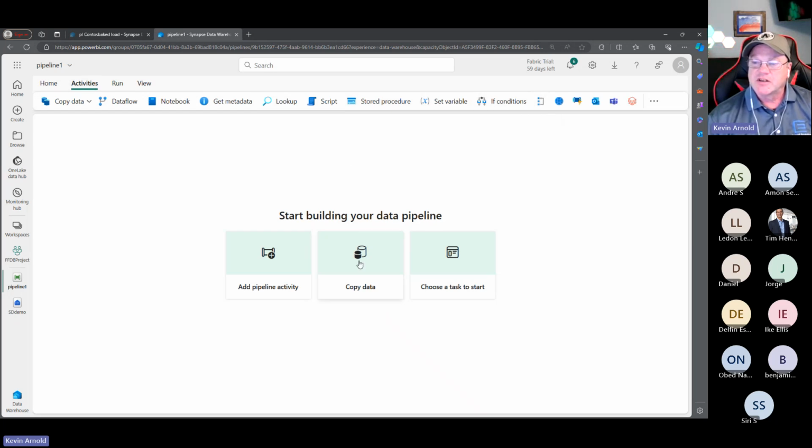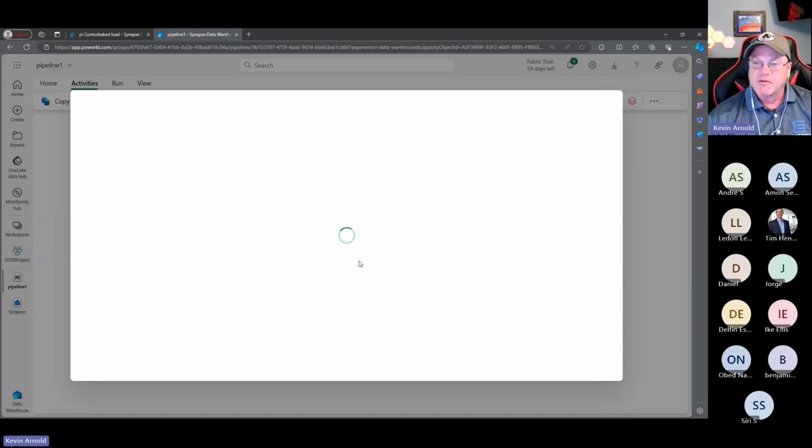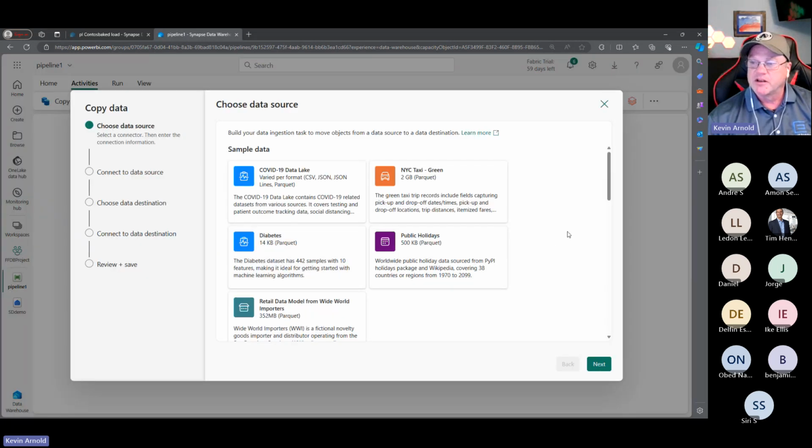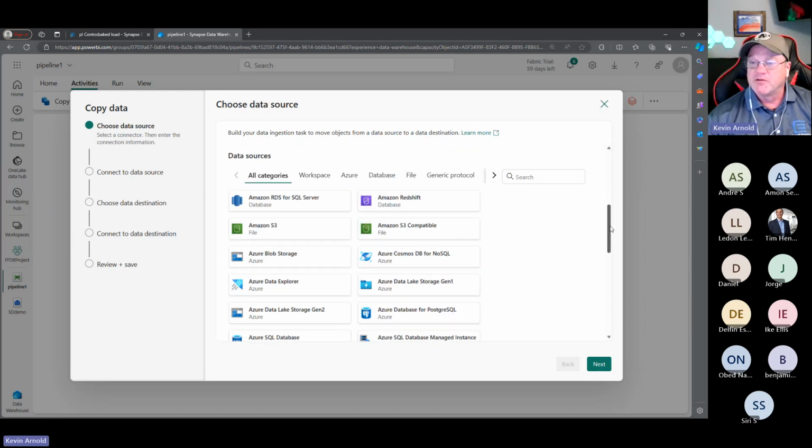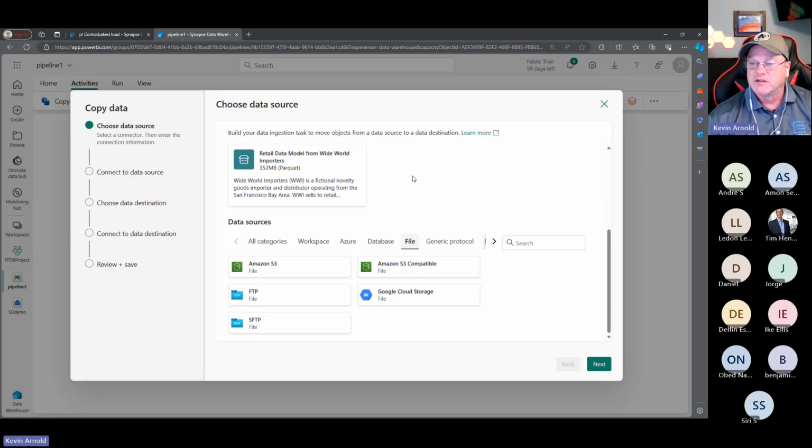But I'm going to use this Copy data function because I already have a SQL database. Remember, it's a 10 million row database. I want to connect to it and just bring in all that data. So I'm going to come down here to my set of connectors. What does it have under file? Oh, FTP. Notice it doesn't have under file things like OneNote, or getting the SharePoint or anything like that. So you still have to use dataflows for that.